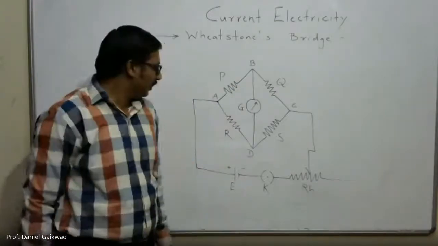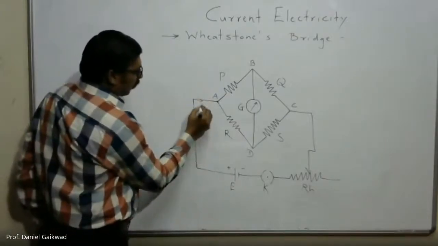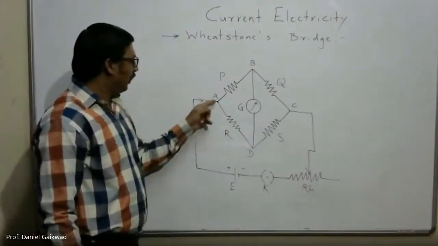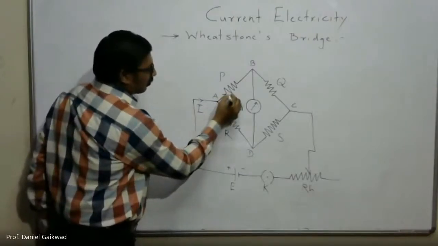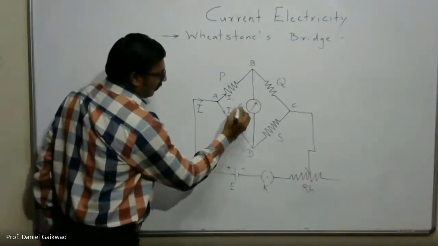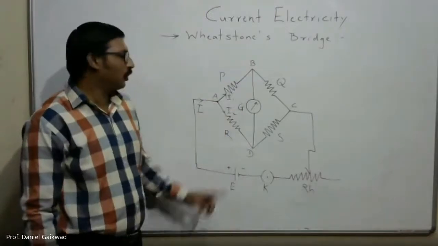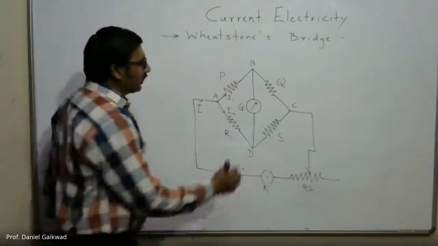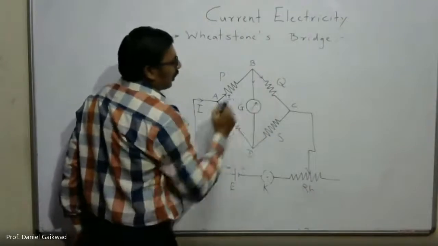Suppose we consider the total current I flowing through this network. It is flowing from point A, and that current I divides into two parts, I1 in the first resistor and I2 in the second. I1 flows through B and I2 flows through R. Now I1 is flowing toward point B, and again there is a division of current into two parts.